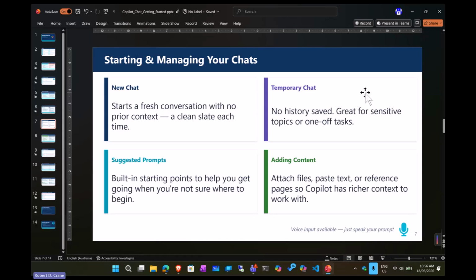It's important to remember that in the Microsoft environment, all of this sort of information is potentially accessible by an administrator. It's kept in a secure location, only accessible to administrators for compliance reasons. So that's one of the benefits of the Microsoft environment: the AI is layered on top of the security and compliance underneath it. We also get a number of suggested prompts to get you started, which we'll cover off,